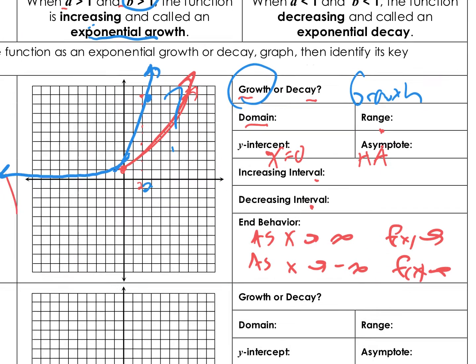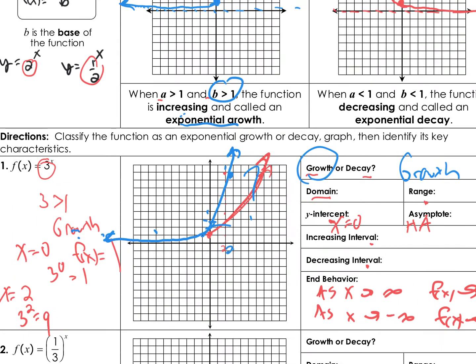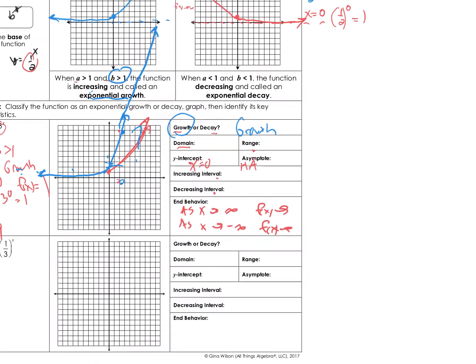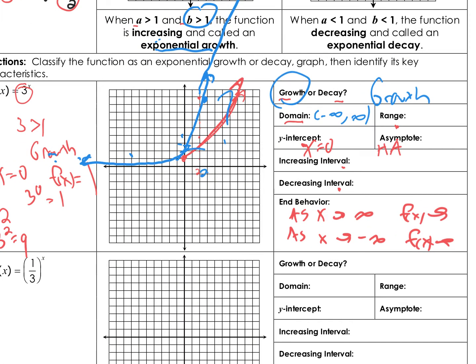The domain, if you look very carefully, as I go to the left forever, every x is being used. As I go to the right forever, even though it's steep, eventually every x will be used. It goes forever. So how do we do that? We say negative infinity to infinity. Now the range is the y values, and we know that I have a horizontal asymptote